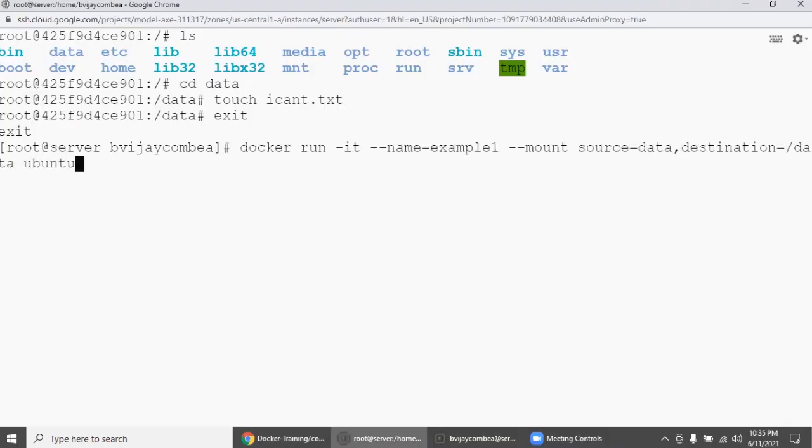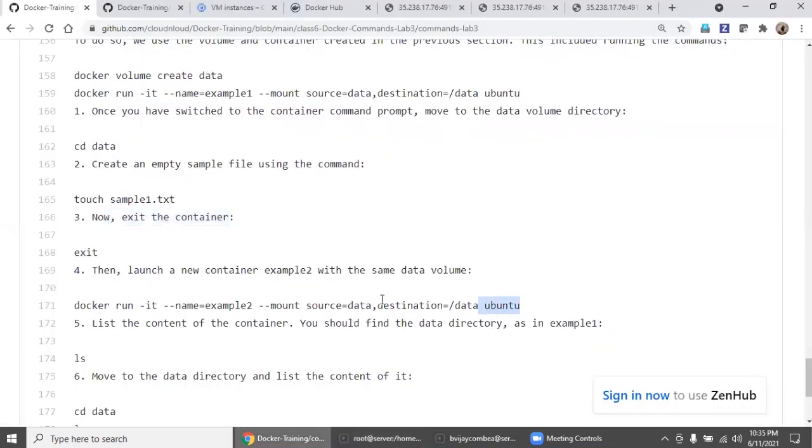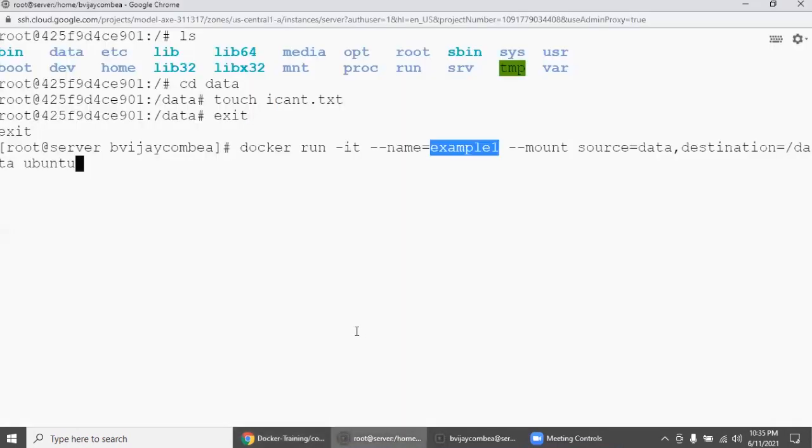Remember, what is this command? The container name was example1, right? So now with the same command, we are going to name it example2. Let's see. We will run this command.